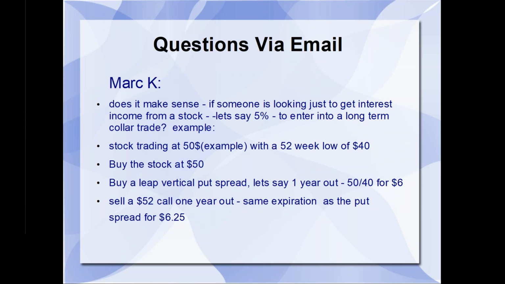Then on top of the stock and the bear put debit, sell a 52 strike call 1 year out in time, same expiration as the put spread, for $6.25. Okay, now, before I jump into that, how I put this together: of all the stocks I found in the $50 range on Power Options, going out to a leap, which really forced it to go sort of to January 2019 or January 2020, I took January 2020 as an example.